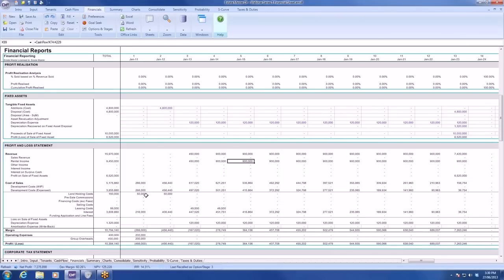Here we have our landholding costs, and I guess in this case we're assuming the tenant is paying all the landholding costs, so we're only having landholding costs during the development phase. And here is our letting fees, which we're expensing, and here is our interest costs, which we're expensing as we go through. One of the things is you would say possibly those interest costs we can't expense during the development phase,